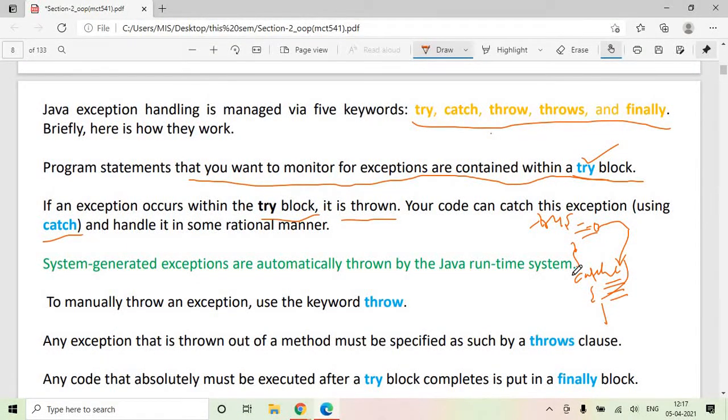But you can also throw an exception, catch it and process it as per your own logic, by using the try, catch, throw, throws, and finally keywords.